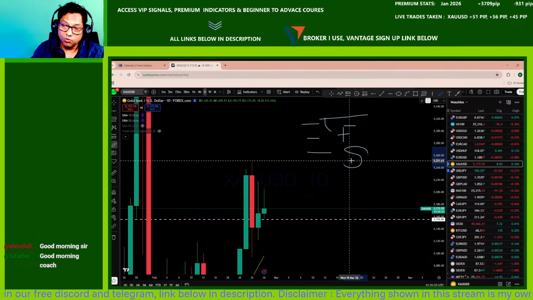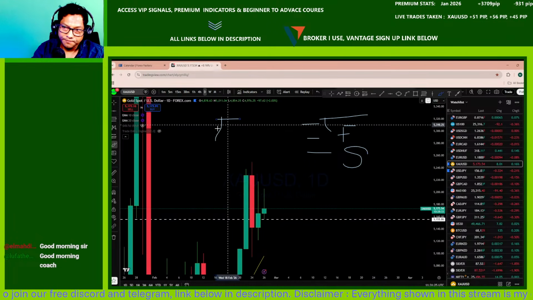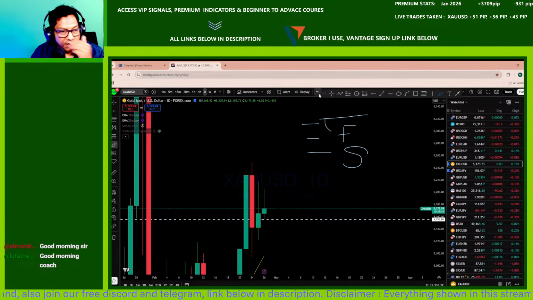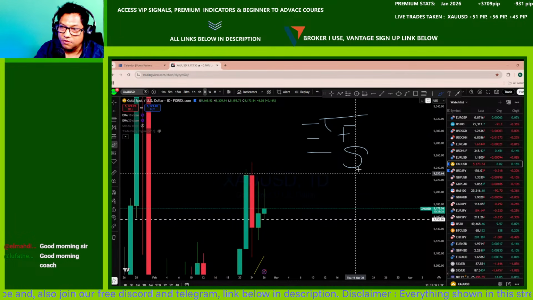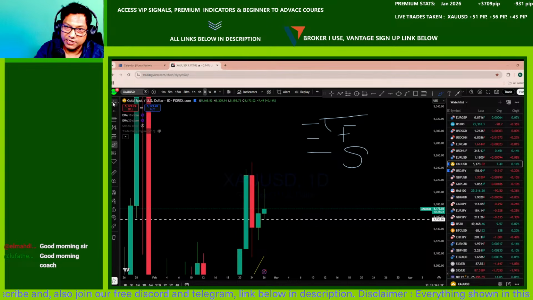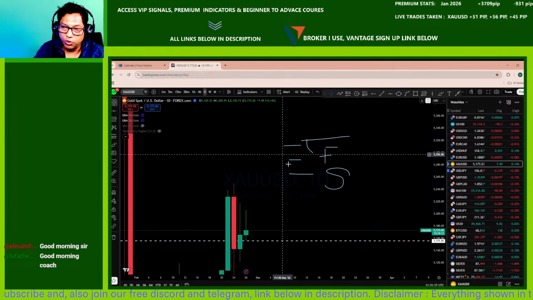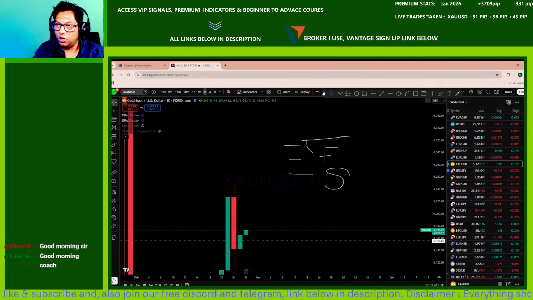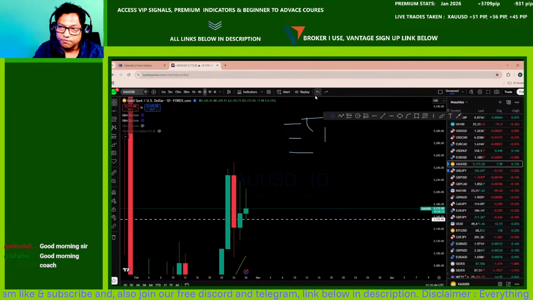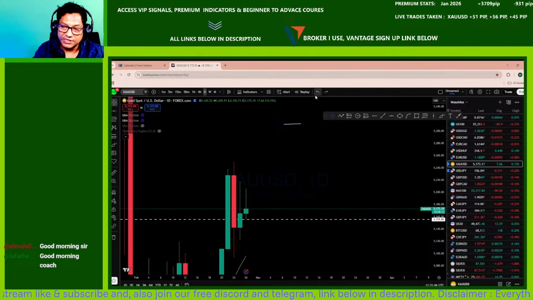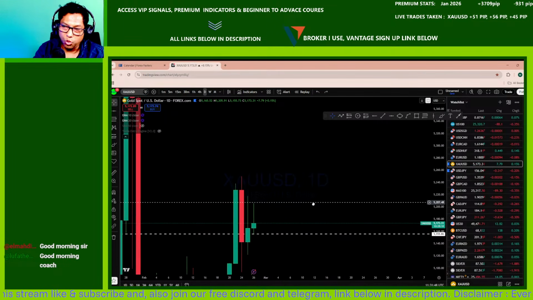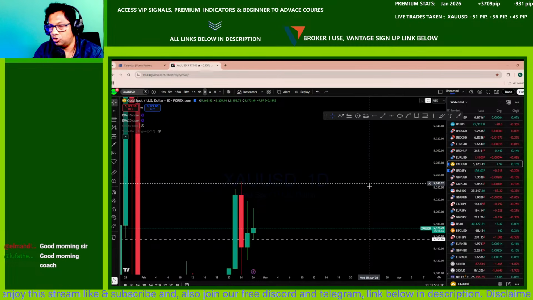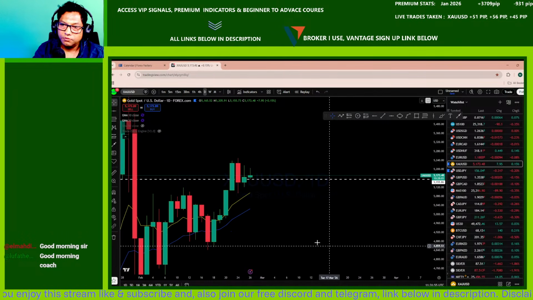Just to understand where the fear and greed index is, that means where the emotion is, to understand what the market is experiencing at the moment. The market doesn't have a life, but the people composing the market have that emotion. So first of all, going to the technical, and then fundamental, and then sentiment. Whichever way all of them will be aligning together, we will be looking for trade. So looking at first of all technical.